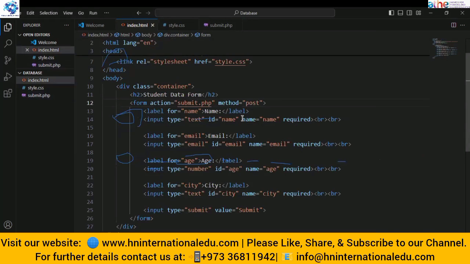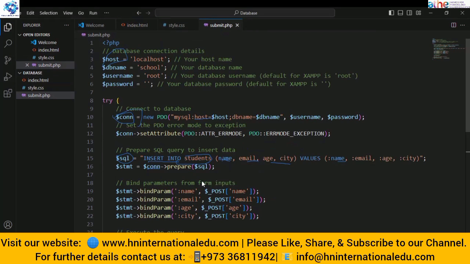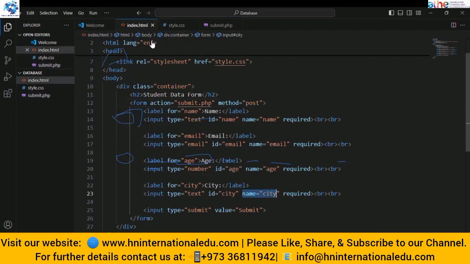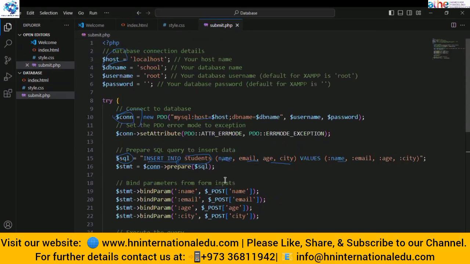And we have the names we have given there. See, so we are going to bind everything with these names. So here in the PHP, we write the post name, and these are all the names that we have written in the name attribute. So we will write all of these names here. Now this is also done.